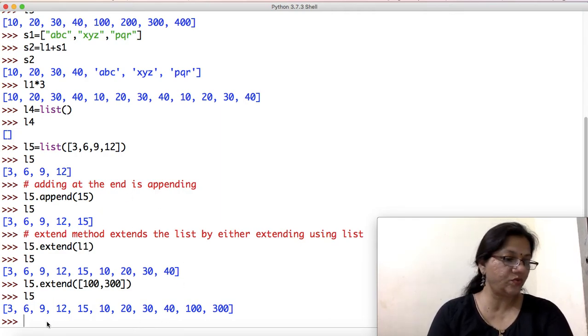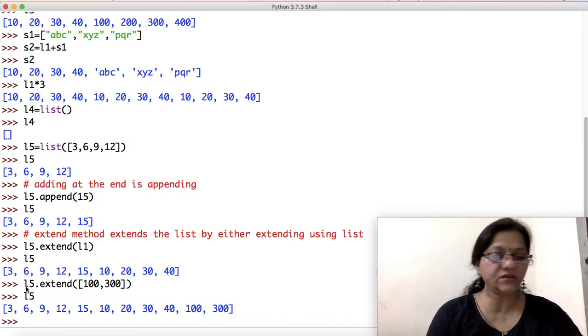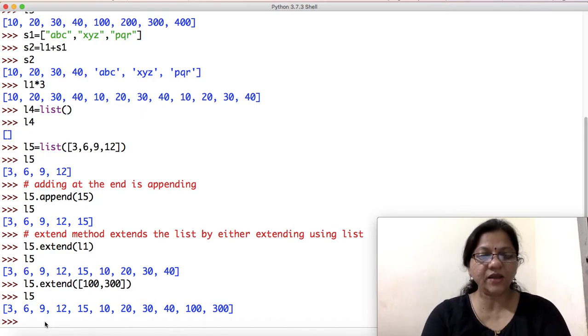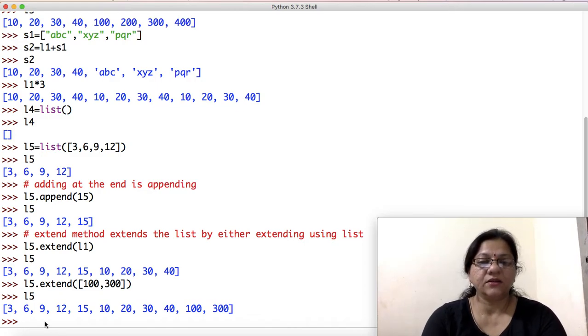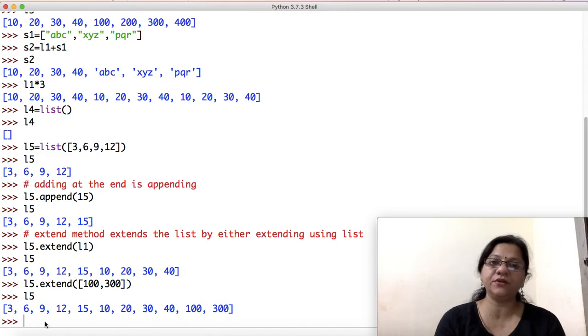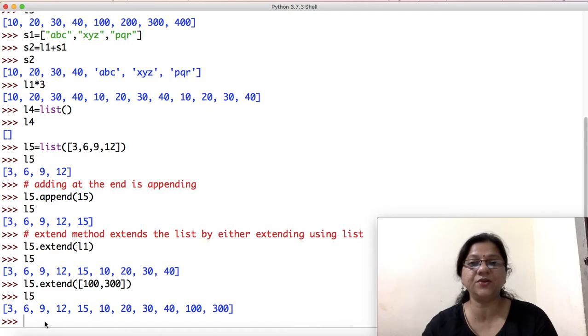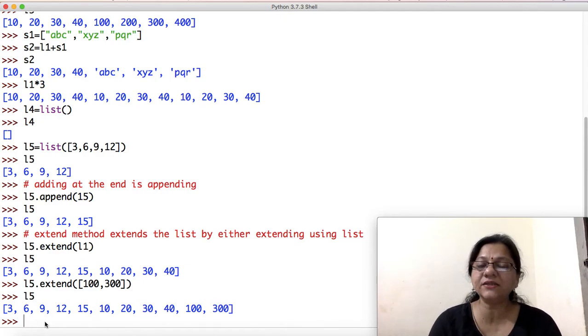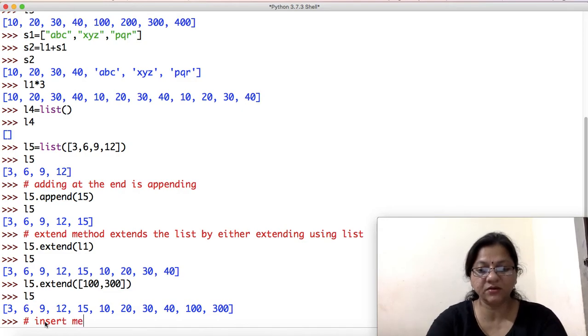Now coming to the insert function. When I'm saying insert, what happens in the insert function is, inserting is not exactly appending. Inserting is in between anywhere you want to do it, then you call it as inserting. Specifically at the end of the list, then you say appending. But inserting is kahin pe beech mein fix hona. So what we are going to do with inserting, insert method